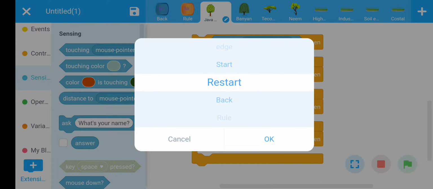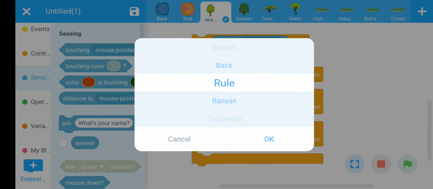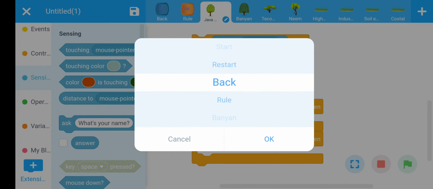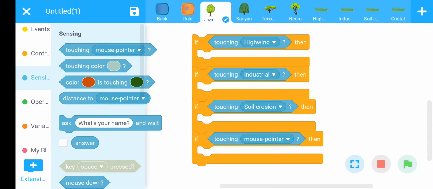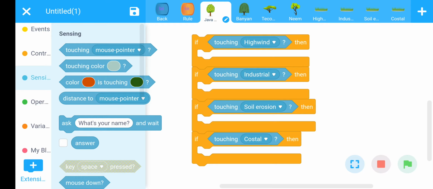Choosing four options here: high wind, industrial, soil erosion and coastal.